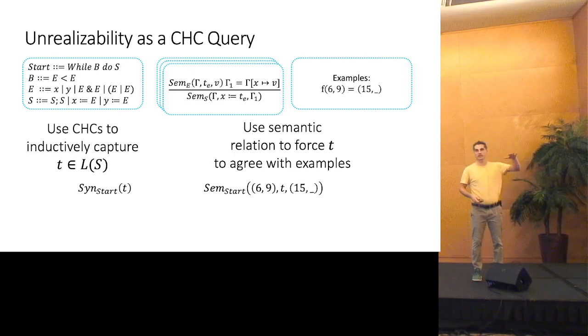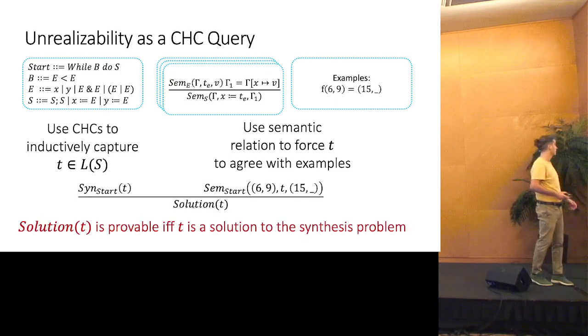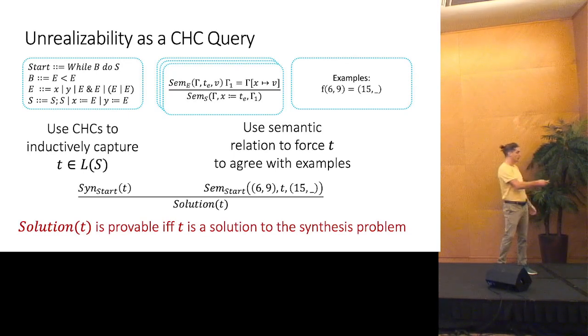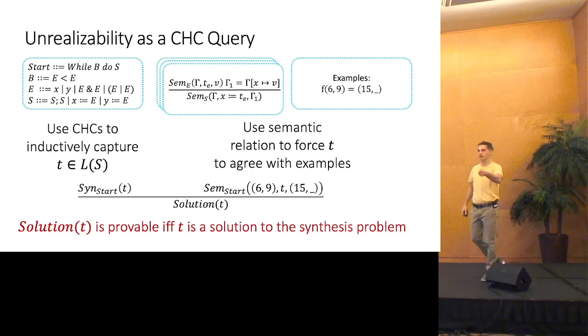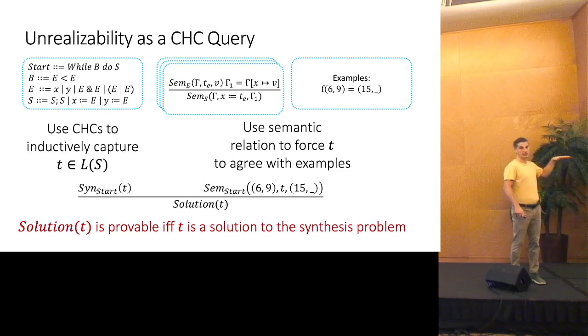So the cool thing is that the top part, you only need to do once for each language you want to do unrealizability or verification for. And then at the end, you're just going to ask queries of the following form. So we are back to a normal verification question. It's like, can you give me a program T that is correct on the inputs? Well, if you can do that, you have proven that T is a solution. So if you can prove in constrained Horn clauses that this result is reachable, with solution T, you have found the solution to the synthesis problem. Dually, if your solver can show me that this query is false, that it cannot be proven,